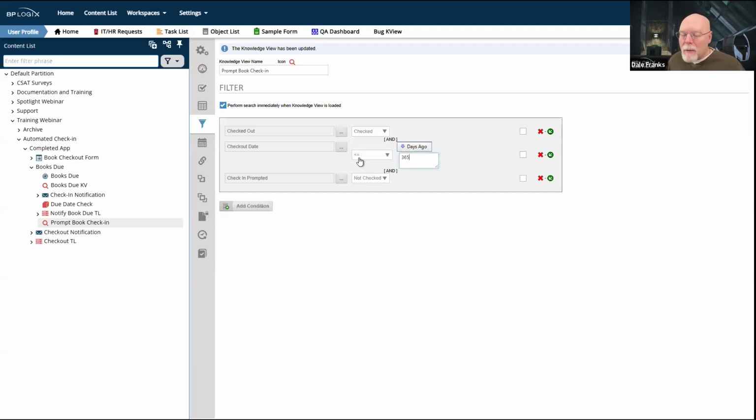So this is a little bit of a confusing thing, the way that it is set up. I get lots of tech support tickets about this. People say, hey, I said I wanted it less than 5 days ago, and it's showing me all the wrong stuff. Yeah, change the operator from greater than to less than, and things will work just fine. So that's the one tricky thing about these particular filters.